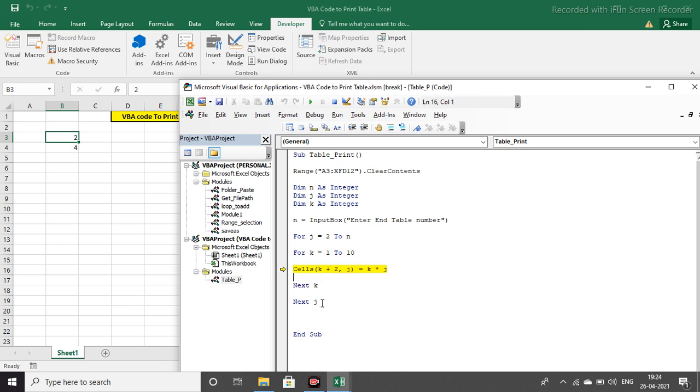After this finishes, it will trigger the outer one. As you can see, it's going to after the execution of k, because this loop will continue till 10 times. Now it has finished, and it will go to j, and so on. As you can see, firstly the inner loop is executed, and after that it goes to the outer. So this is basically the programming code to print the table through the nested loop.